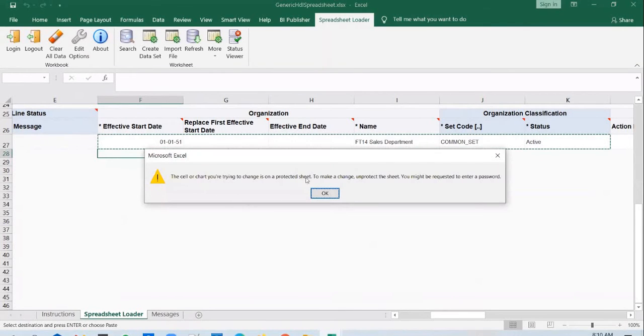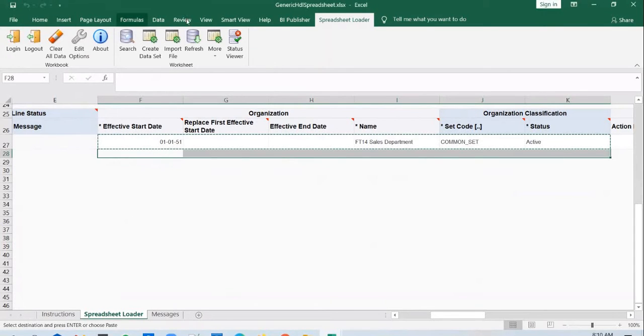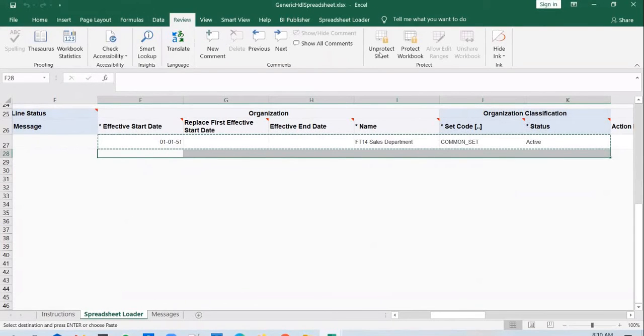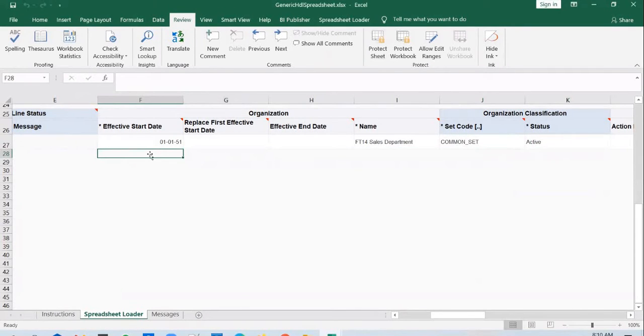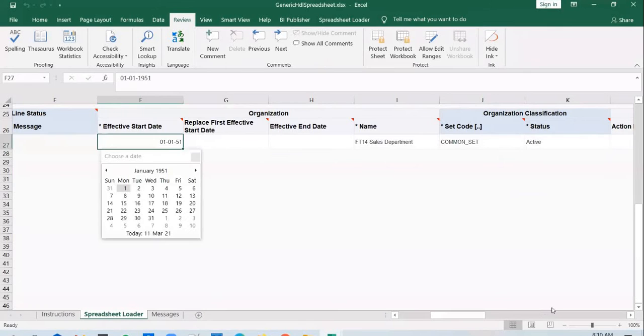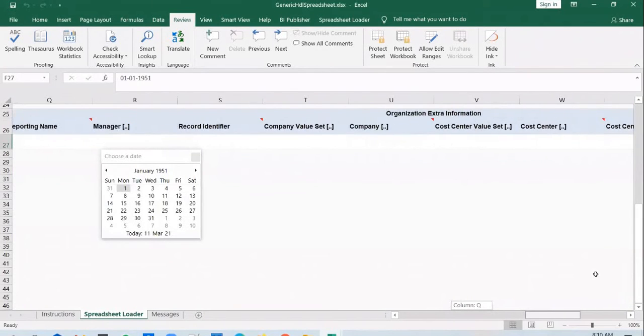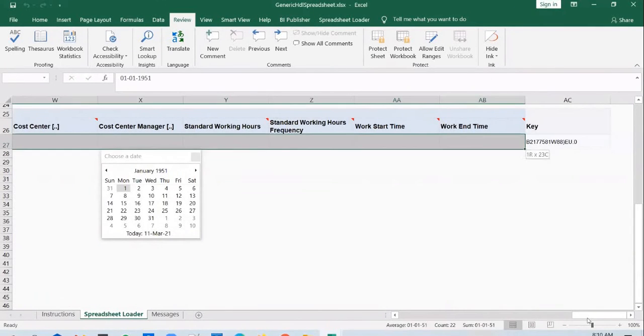So you can paste in another row, and you get this error or warning rather, asking you to unprotect the sheet. Click OK. Go to Review tab, and you have Unprotect Sheet option there. And after you unprotect it, you will be able to copy paste the row. So you copy this row